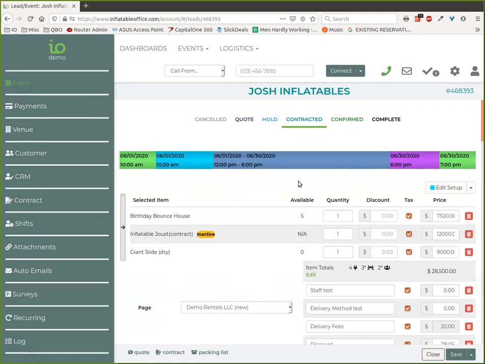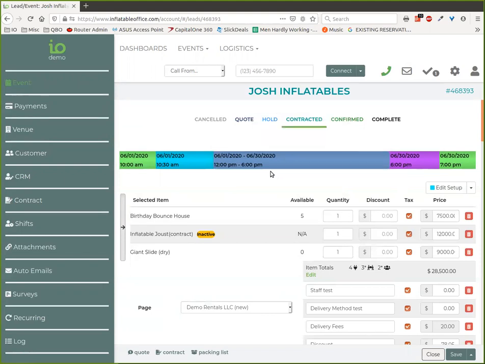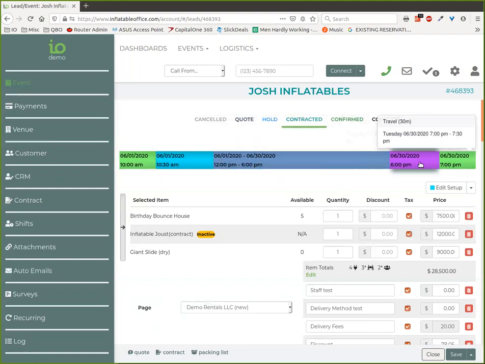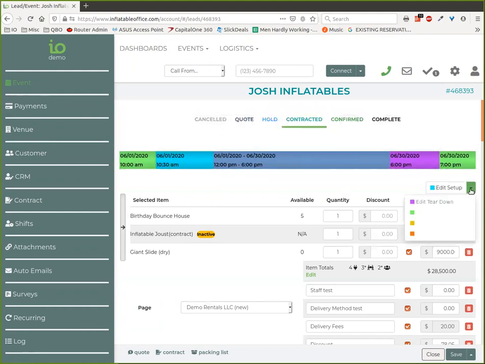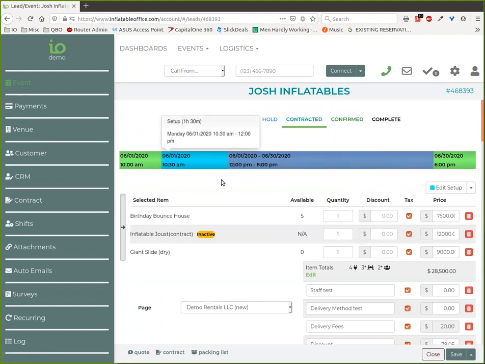So if we're going to do it monthly, we would set this up to be like a monthly delivery. That's the event times. In this case, that's the time that it's actually being used. These are more logistical things, which I probably could remove some of these because maybe they don't make sense. So we could say, well, we're not going to actually put that in there because we're not doing a tear down on it. We will set it up, and there will be a time associated with that. But anyway,